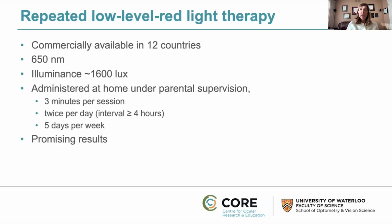So something else that's been gaining in popularity is repeated low-level red light therapy, commercially available in 12 countries. This particular product, 650 nanometer, is a laser product administered at home under parental supervision. Very, very promising: 3 minutes a day, twice a day, 5 days a week. So super easy to use, although interestingly, there was a paper presented at the same conference